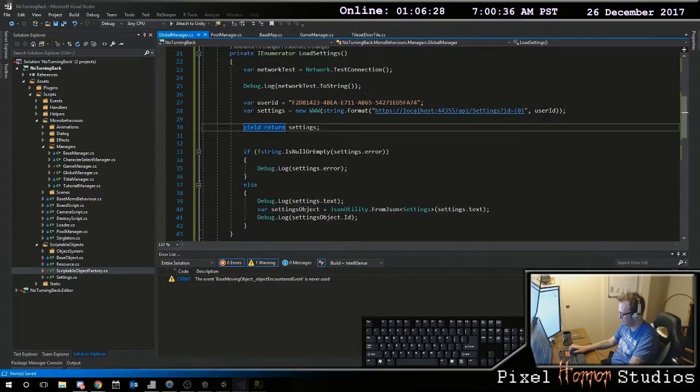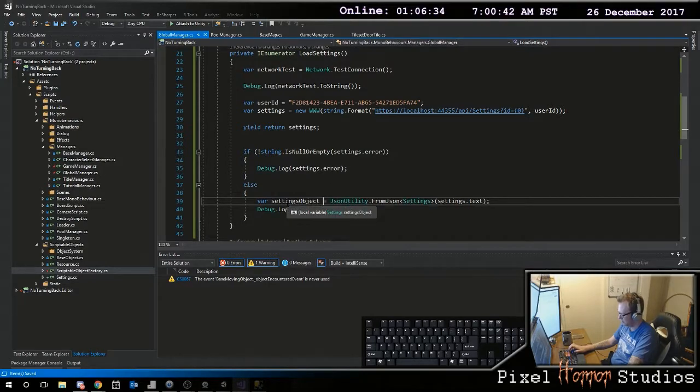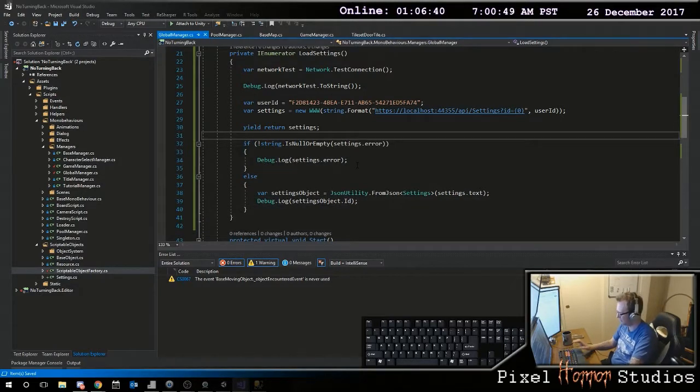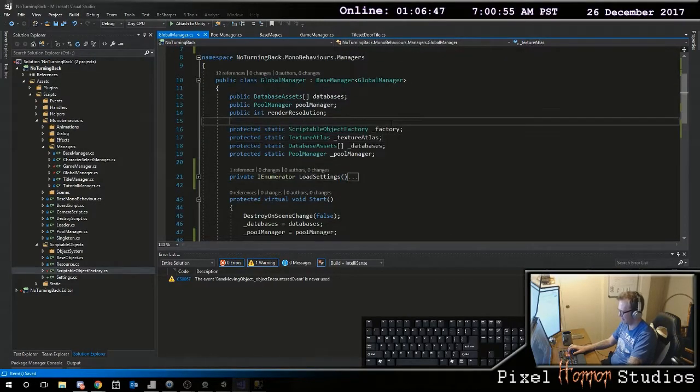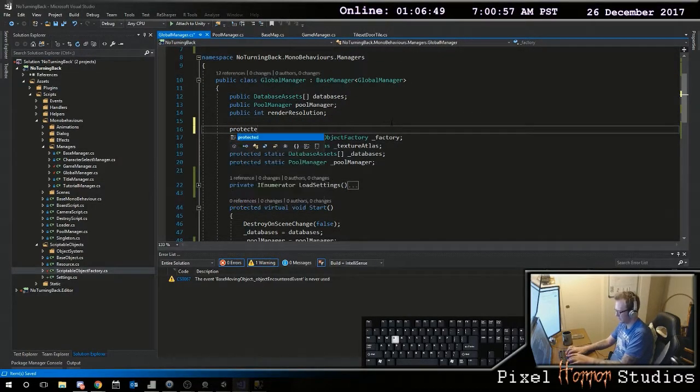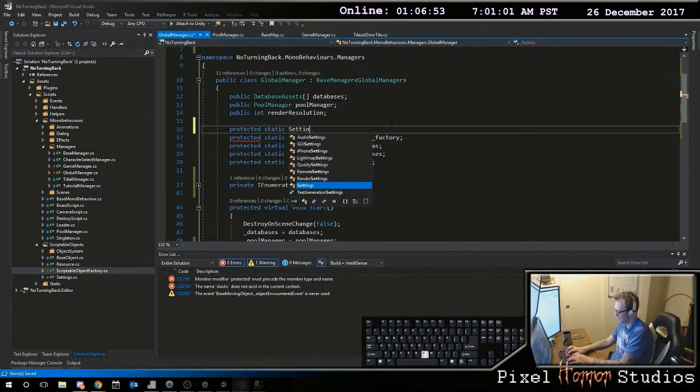So here, when we get our settings, if this is not an error, then we're going to deserialize this object. And at the moment, I'm returning this ID. I don't really care about that. But what I want to do now is load these settings into the global manager. So here, you need to have a